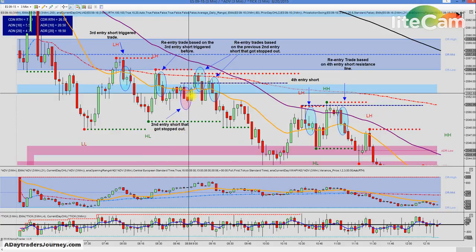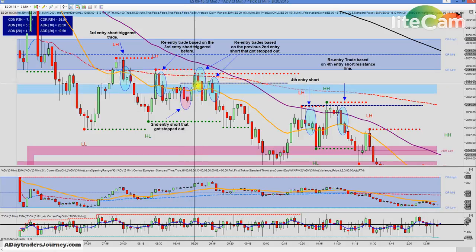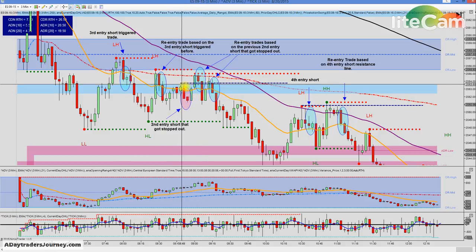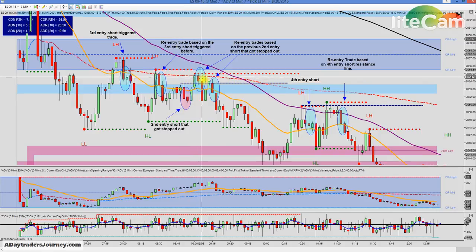And after this happens, you have to be quick on the trigger to get back in if a valid reentry triggers, and we did want to have a valid reentry. As we got stopped out, here's this line I drew here, which is the resistance line on the second entry short trade I took. So when I look for another reentry here, I want a bearish signal bar, and then